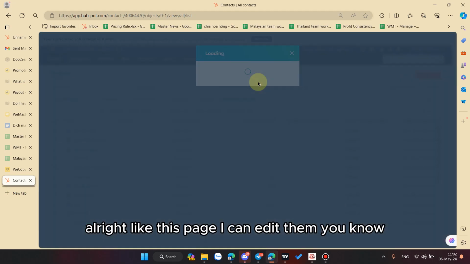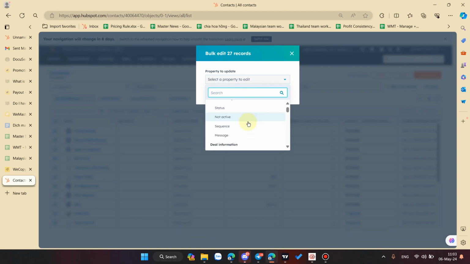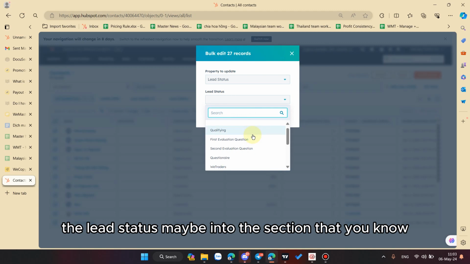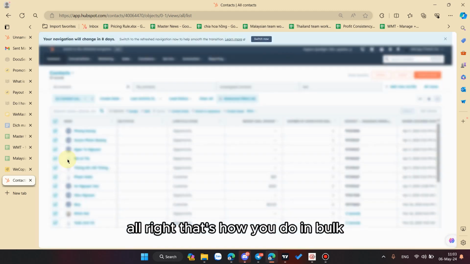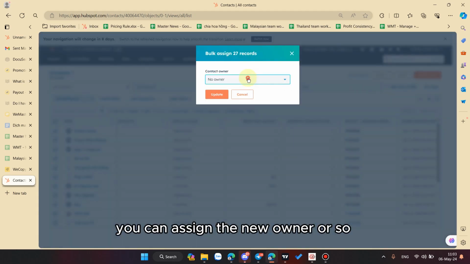Like on this page I can edit the list status, maybe into the section where you can label them in bulk. That's how you do it in bunch. You can assign the deal owner also.